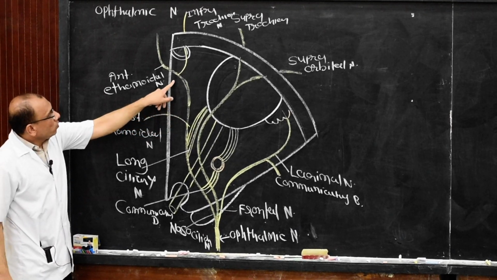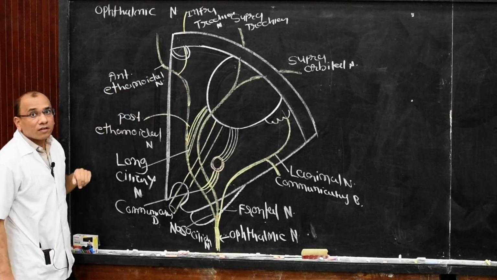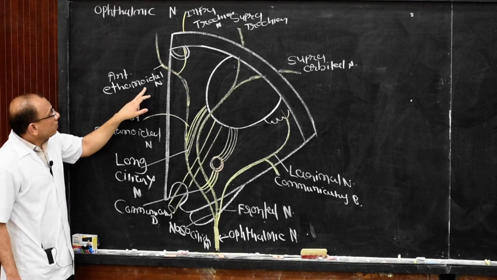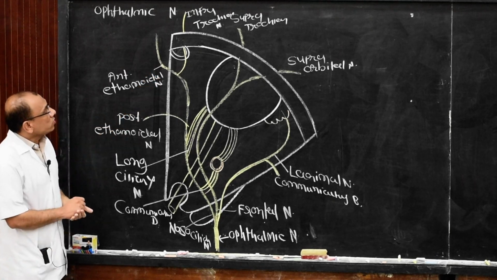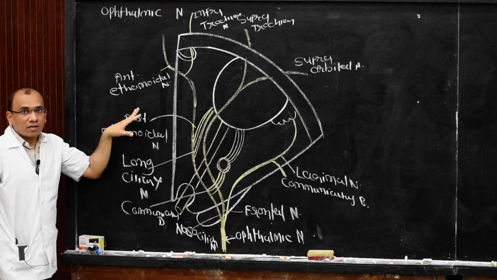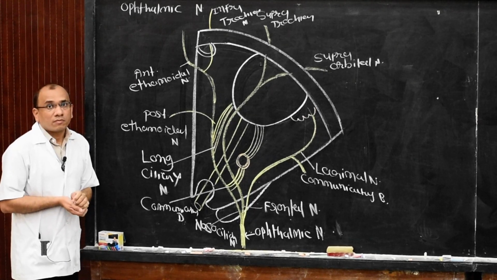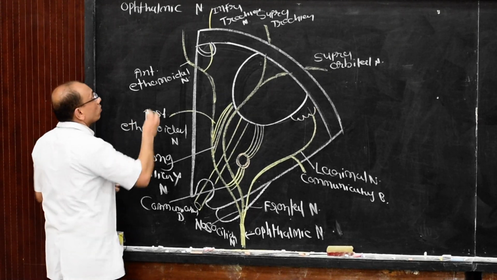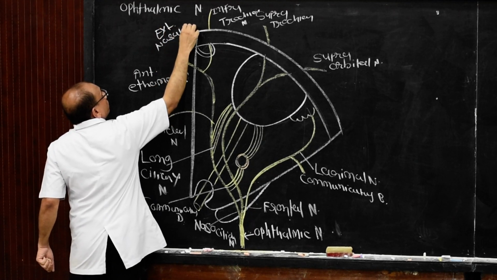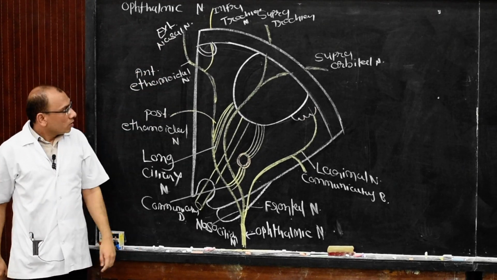The anterior ethmoidal nerve passes through the anterior ethmoidal foramen and enters into the anterior cranial fossa. Then it enters into the nasal cavity at the side of the crista galli and divides into medial and lateral branches and supplies the anterior part of the lateral wall of the nose and the anterior part of the nasal septum. Then it leaves as the external nasal nerve. This one is the external nasal nerve. This supplies the ala and the side of the nose. So these are the branches of